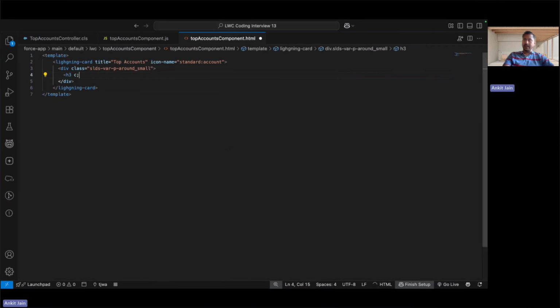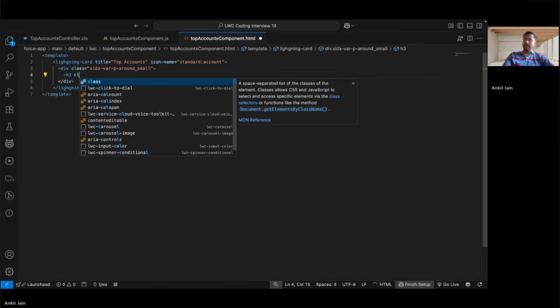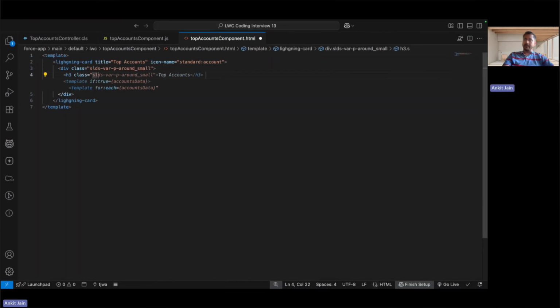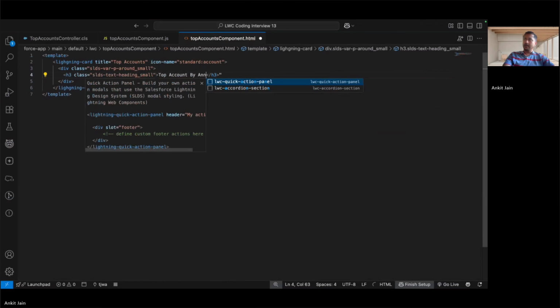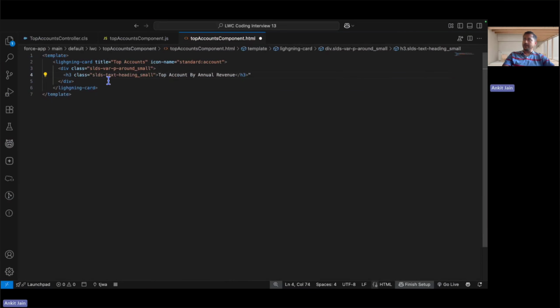Let's say H3 tag class. There should be a heading SLDS, sorry, not SLDS. Yeah, text heading small, right? And here I'll be putting the heading as top accounts by annual revenue,